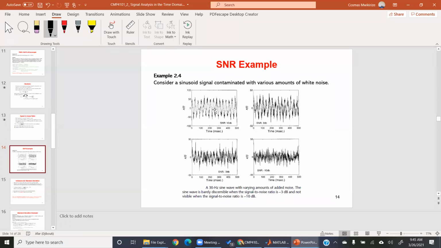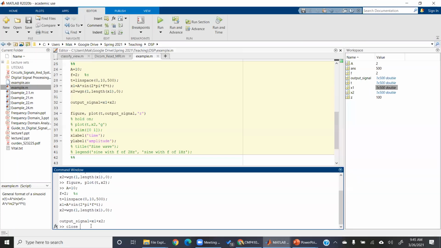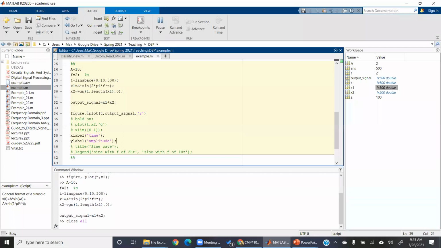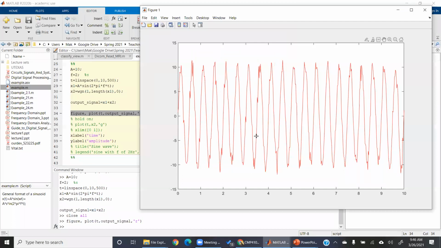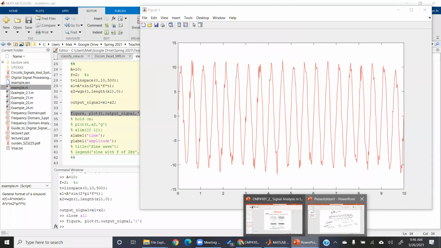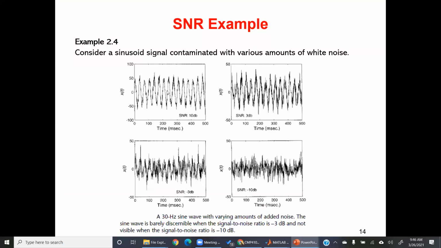What you have here is the signal I just constructed for you. Oh, by the way, you can close all figures by doing close all. But let me just plot this again. Okay, so this signal is similar to what you have here in the first plot. And I would expect the SNR to